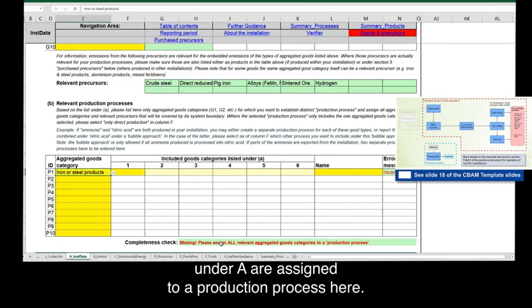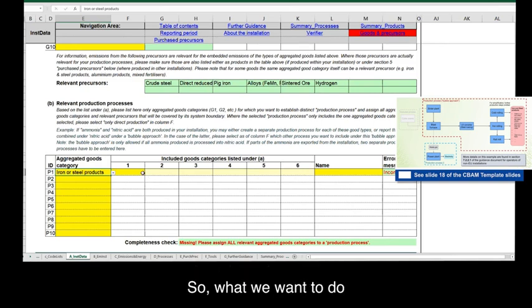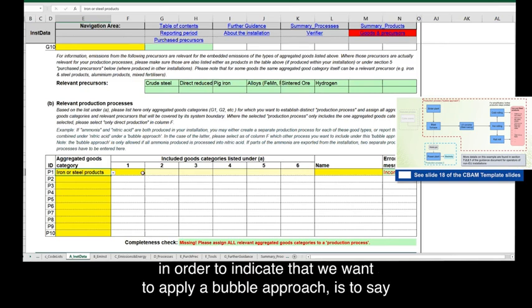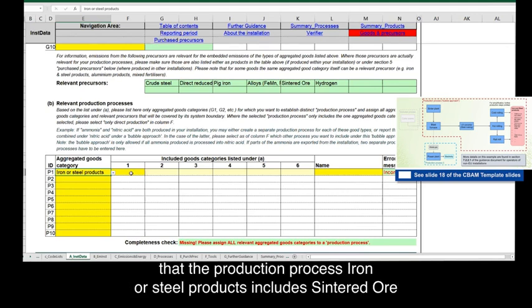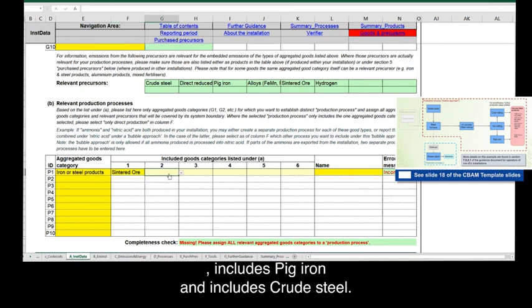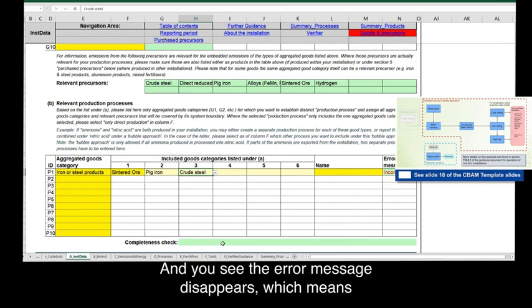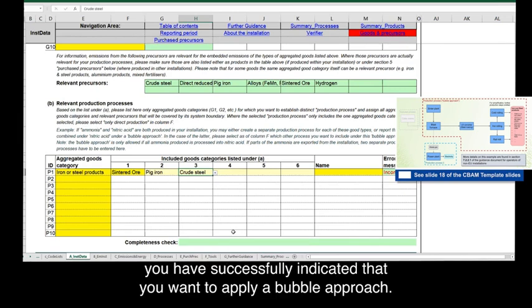production process here. So what we want to do in order to indicate that we want to apply a bubble approach is to say that the production process iron and steel products includes sintered ore, includes pig iron, and includes crude steel. And you see the error message disappears, which means you have successfully indicated that you want to apply